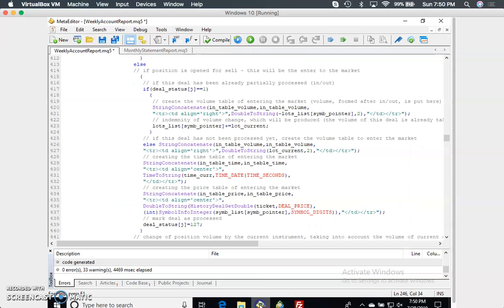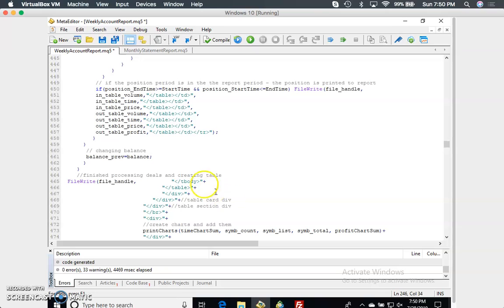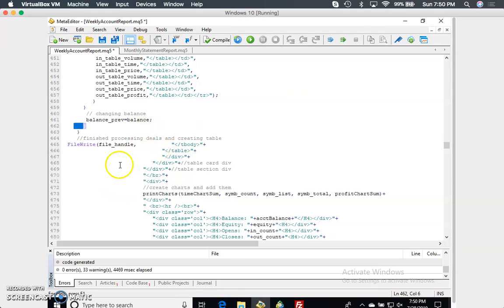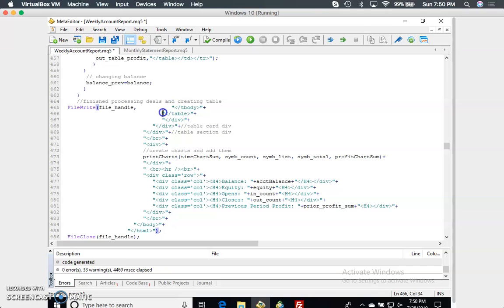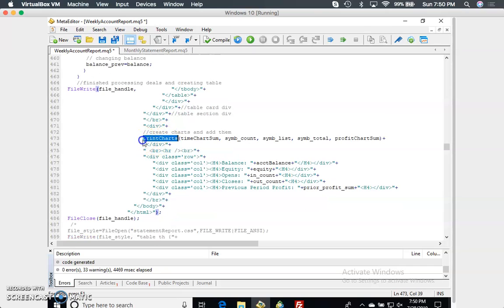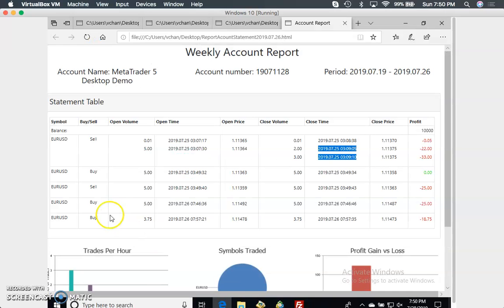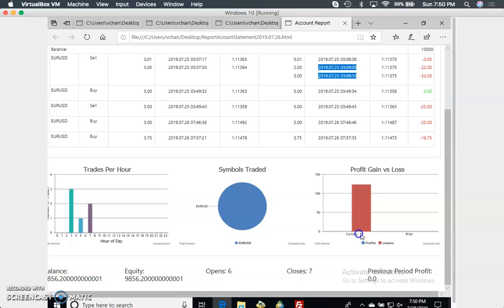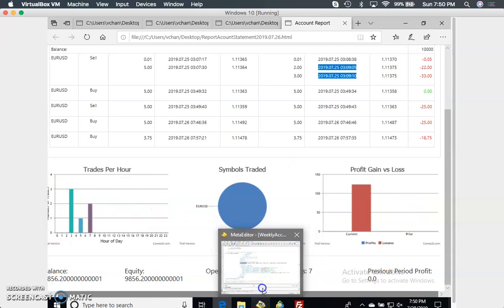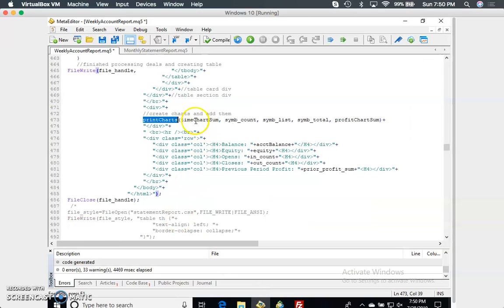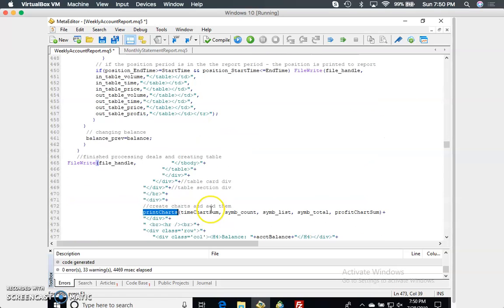And we continue with the script, each row will be closing and iterating on the loop right here. Then we close out the table body as well as the table, and call this function print charts. Now print charts pretty much takes care of this whole portion of the report, and it'll pretty much, as the title explains, print the charts based on values collected through iteration of the trades, such as